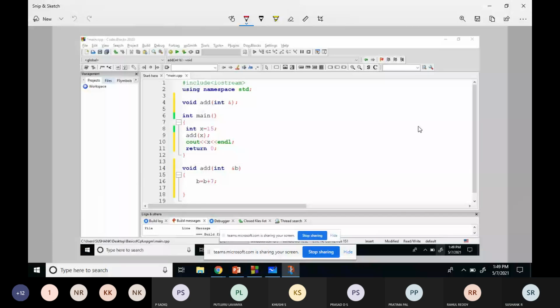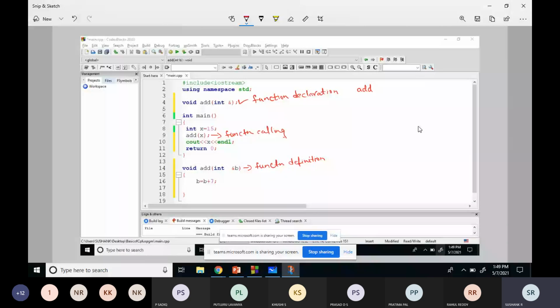See, this we will call function declaration. This line we will call function calling. And this we will call function definition. Generally, the function declaration will be at the beginning of the program.